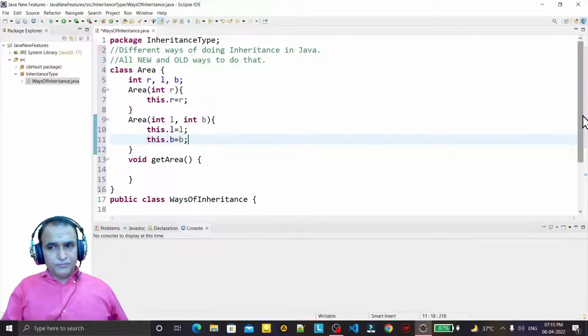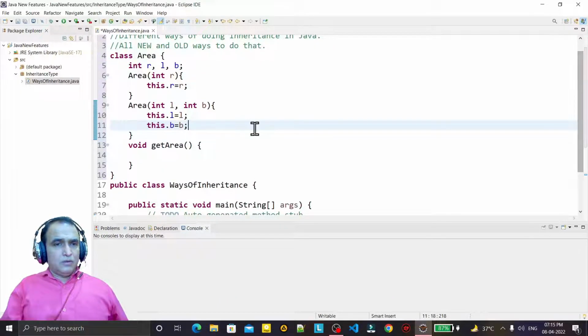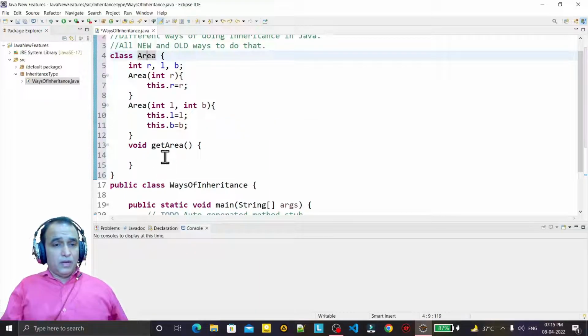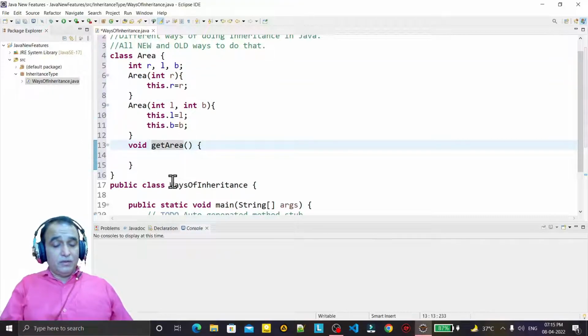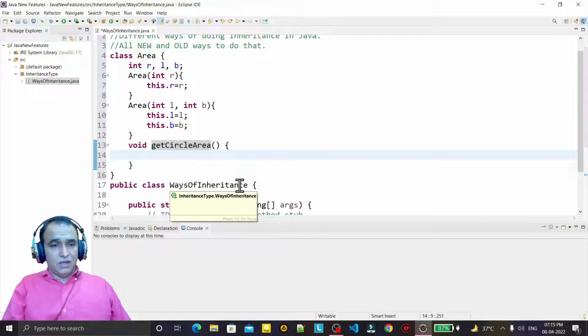And this is a class, and this is a method, area, in which suppose I pass the value and I say getCircleArea, and we display